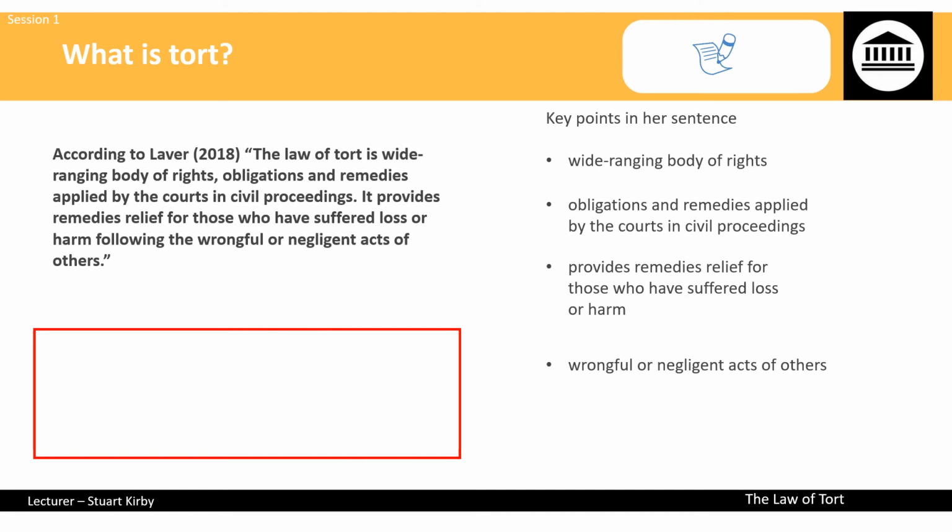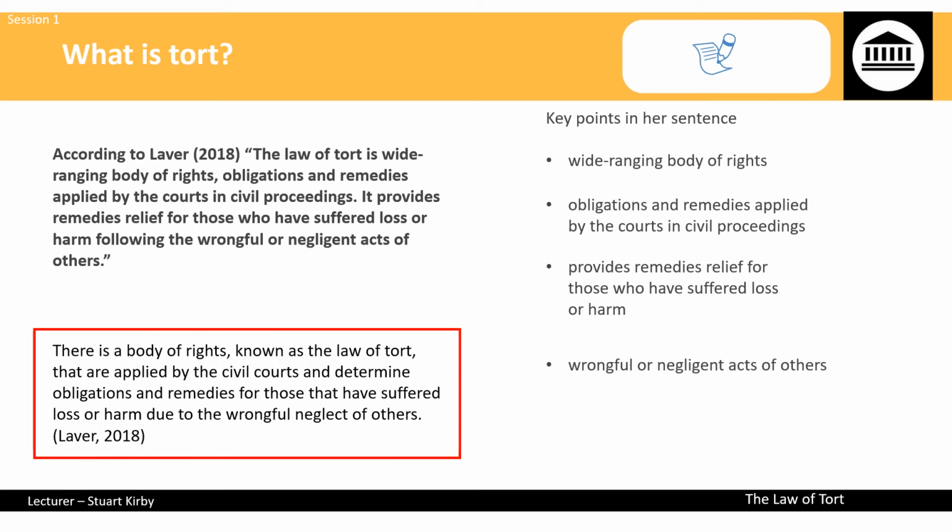Lava's original definition, and from these points I'm then able to write my own definition of what the law of tort is. As you can see, there is a body of rights known as the law of tort that are applied by the civil courts and determine obligation and remedies for those that have suffered loss or harm due to wrongful neglect of others. So it's worded differently, it's in a different layout to Lava's original quote,